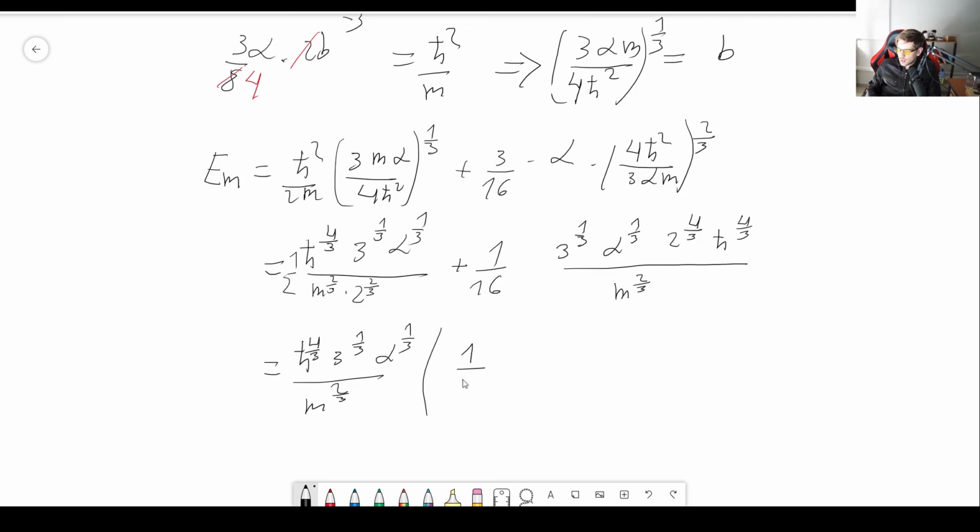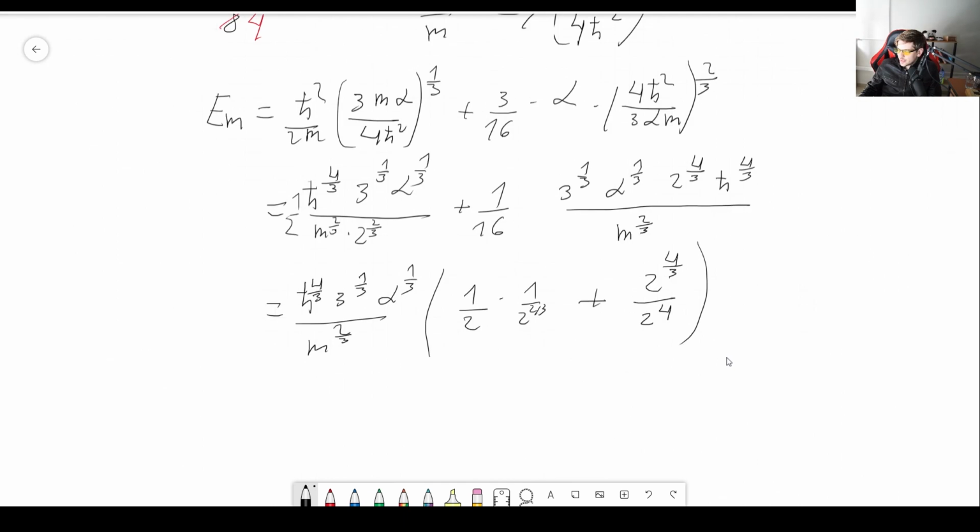So we still have 1/2 times 1 over 2/3, right? Because I considered this, and this. Yes. And here I used this, and this. So in the second part, we still have 2 to the 4/3 over 2 to the 4, right? Which is the 16. So how could we simplify this? I guess we could begin by, because we have 2 to the 2/3, if we could somehow turn this into a 2 to the 2/3, we could factor it out and just add whatever is left. So here we have